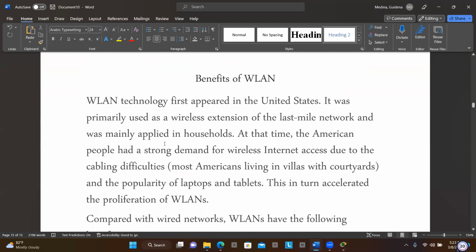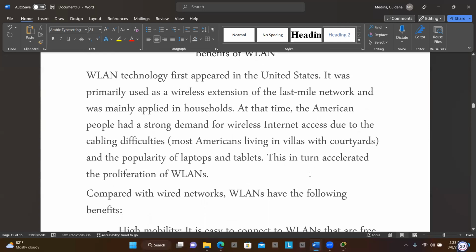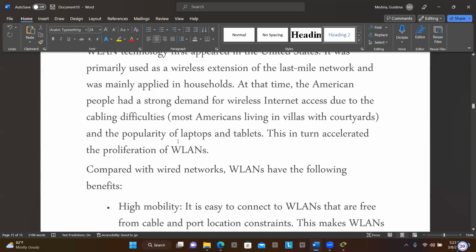At that point, the American people had a strong demand for wireless internet access due to the cabling difficulties. Most Americans live in villas with courtyards, and the popularity of laptops and tablets in turn accelerated the